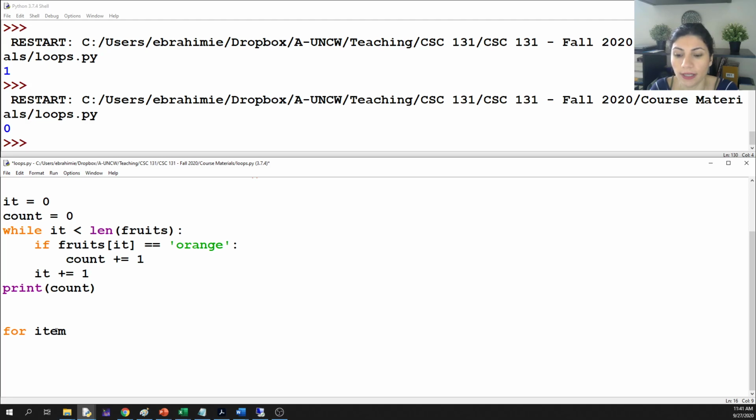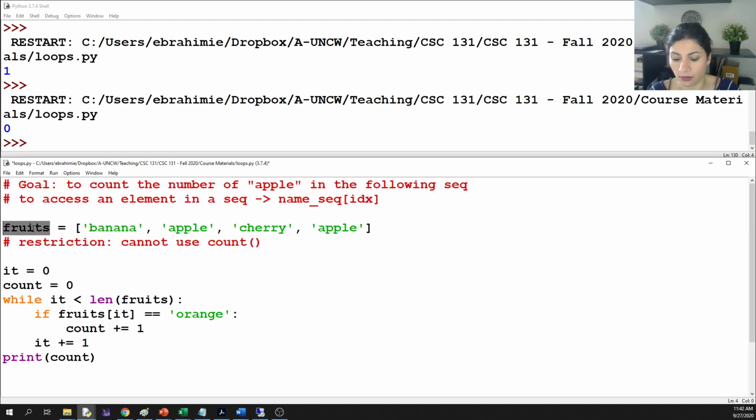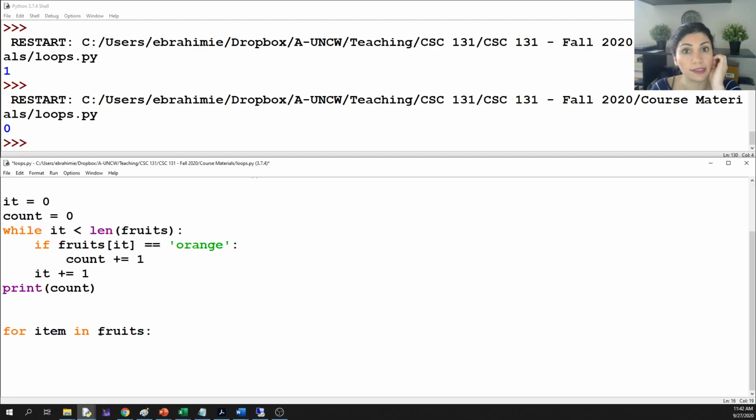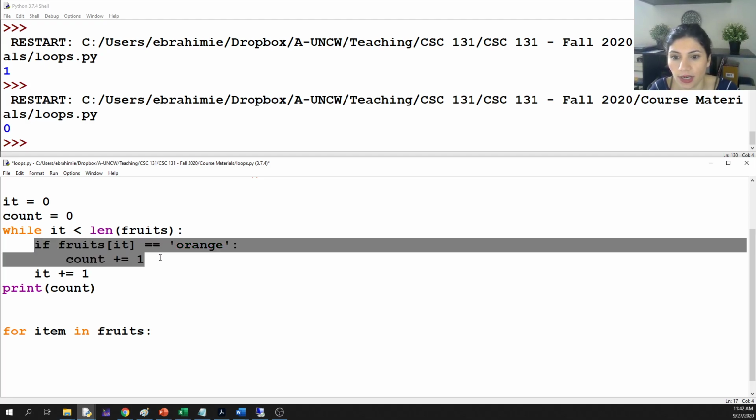I'm going to call it item, and I'm going to take different items from a sequence and assign them one by one to this variable. Okay, and simply my fruit list. Okay, so now I'm saying, okay, for item in fruits, and I'm going to do this line,